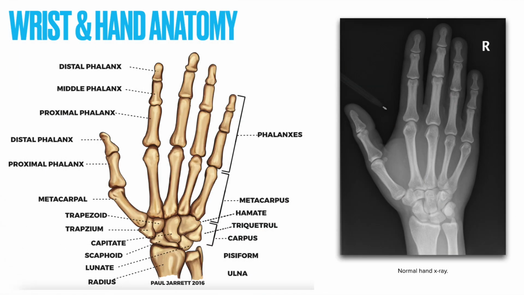So before I talk about wrist and hand injuries, I included these images of both the wrist and hand anatomy. It's really helpful to have an idea of the general anatomy and, like I said, what a normal x-ray looks like. And so you can see here how the phalanges are divided into proximal, middle, and distal, and then the carpals and the bones that comprise the wrist, including both the distal radius and the ulna, and these areas are